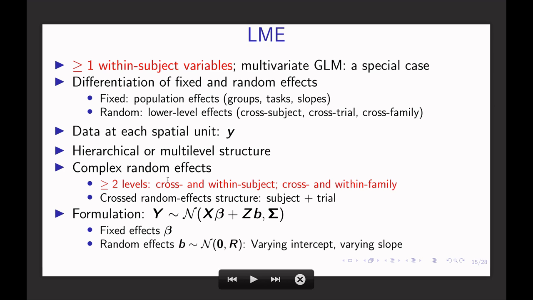So in the end, we don't talk about their specific effects. We don't say subject A has a higher effect than the group average. Subject B is lower. We don't say anything. That's because of the reason we recruit those subjects: we treat them as representatives. So in the end, it's the population effects that we pay attention to and generalize to. We want to say something about the population effects. So in terms of the data,